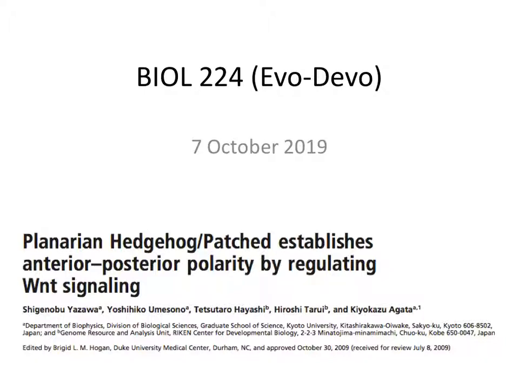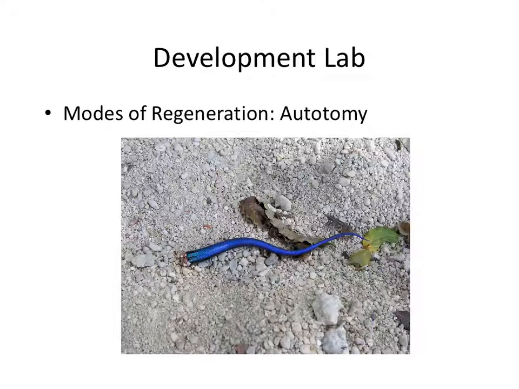So hedgehog and patched and Wnt are two different types of cellular pathways that cells use to communicate with each other. And that's what we're going to spend a bunch of today just going over the basics of those pathways, so you're familiar with some of the terms and the gene names that they're going to use in this paper. But first, before we get into the weeds and the nitty-gritty details,